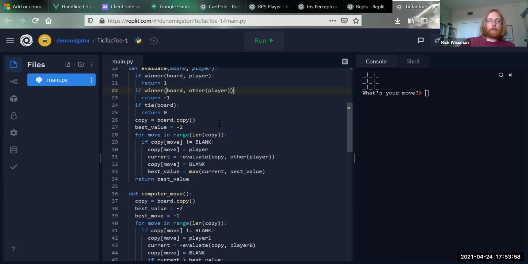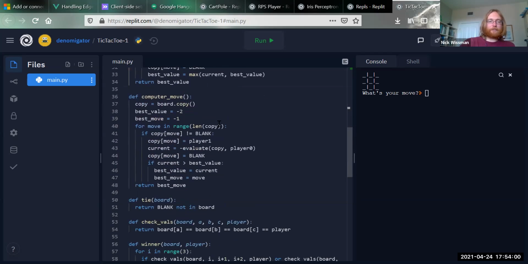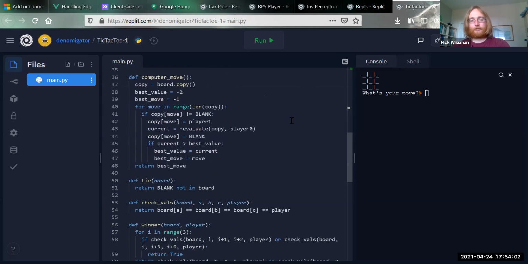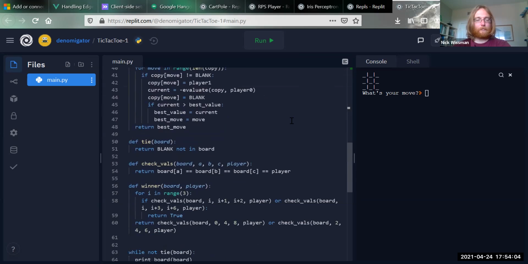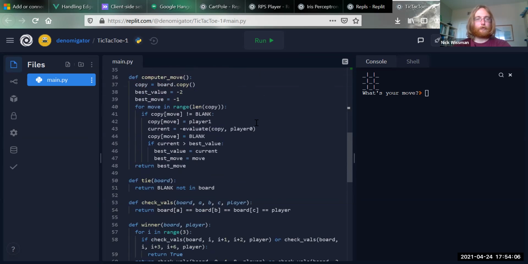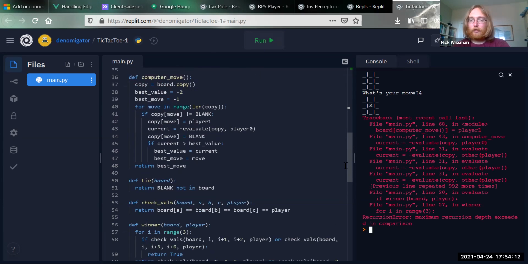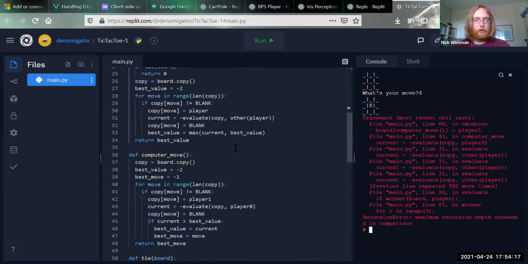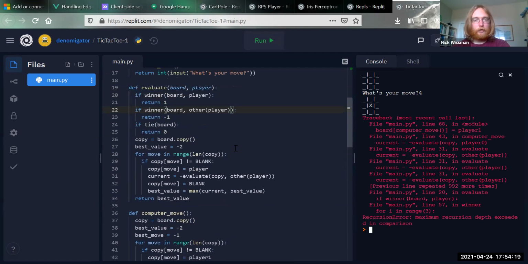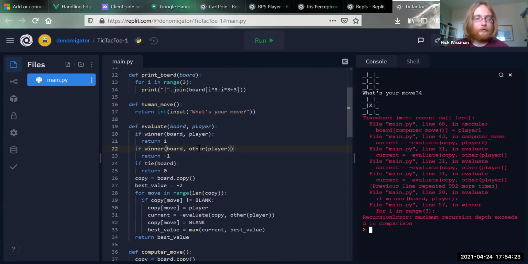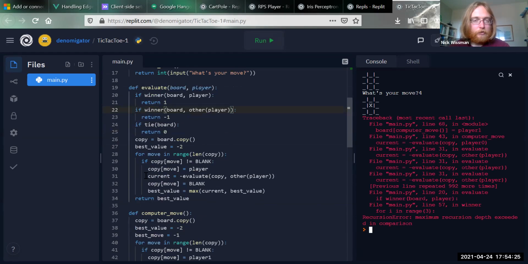So let's go ahead and run this and see what happens. Let's see if I made any mistakes here. The computer move is just taken in here. Now if I run it, I'm going to move to the 4. Okay, there was a problem: maximum recursion depth exceeded. So something went wrong with checking here. It should have eventually gotten to a tie, but